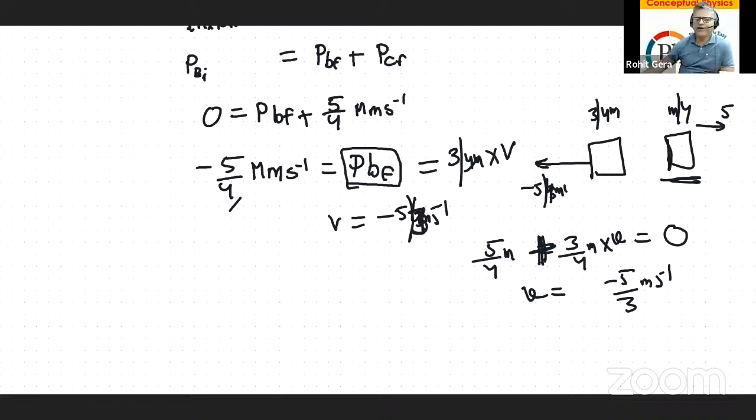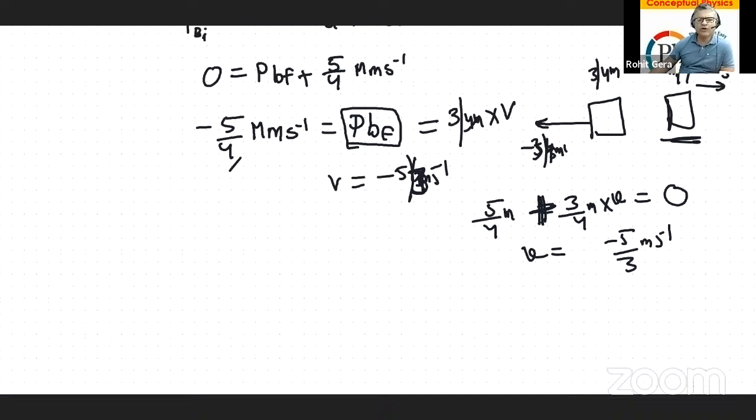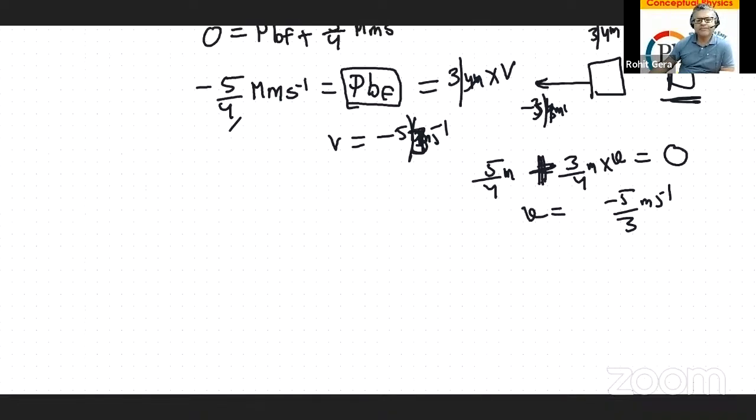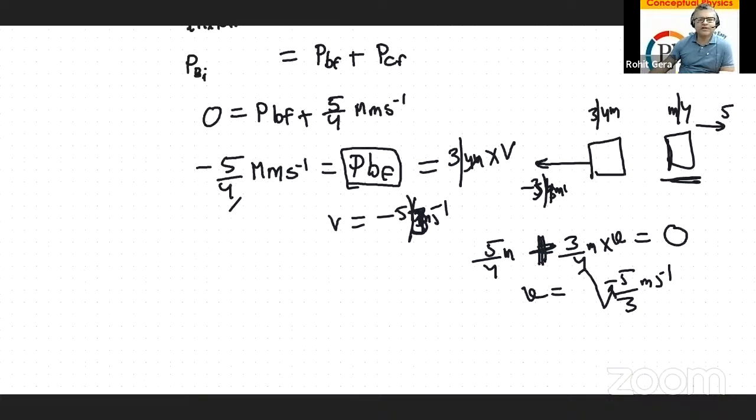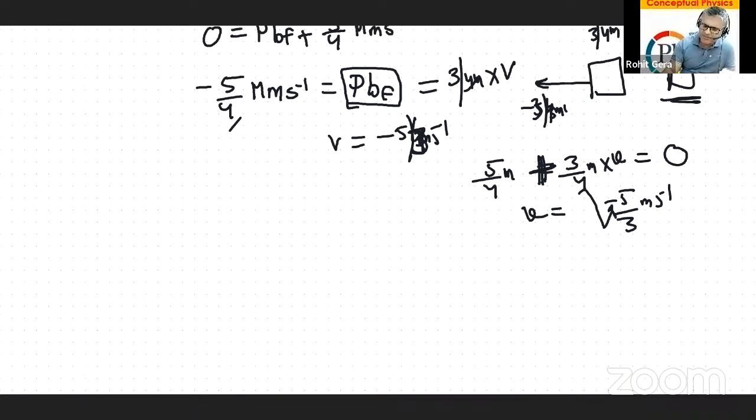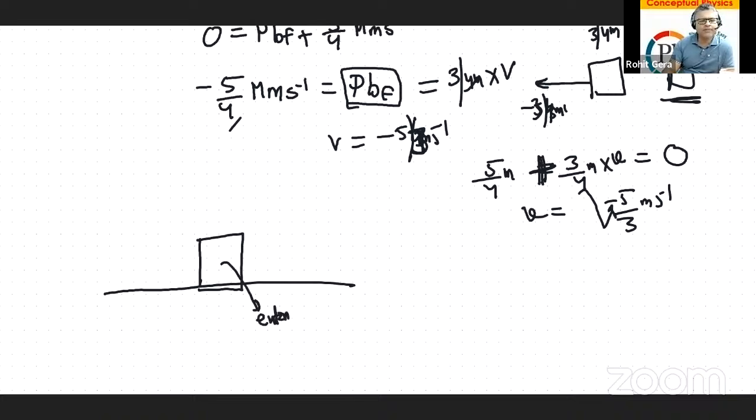Let me tell you the way to think about it: obviously the two have moved in opposite directions. This is clear from the answer, because momentum cannot get generated all of a sudden. Most of the students have this confusion. So this is a bomb. It explodes. And the students have a question that due to the explosion, there is an external force on the bomb, and then the momentum gets generated. We know already what happened. But the confusion is